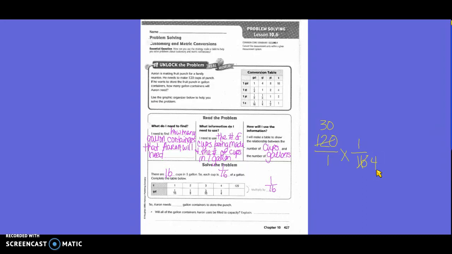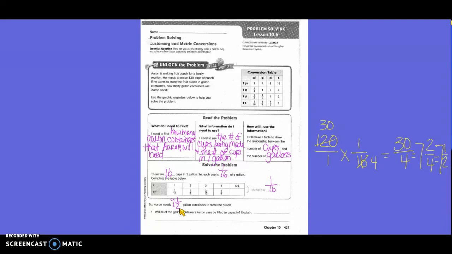Now can I reduce that again? Since those are some bigger numbers, it's okay to do that, but we could go ahead and reduce again. Or we could go ahead and work it out and then reduce it, right? Okay. So let's just go ahead and work it out. So we get 30/4, which equals what, guys? 7 and 2/4, which is also equal to 7 and 1/2. Okay. So Aaron needs 7.5